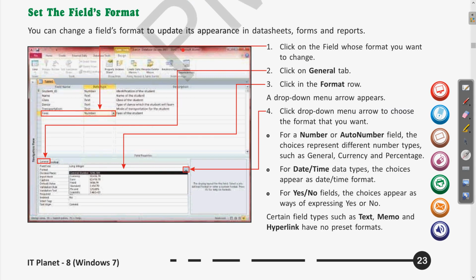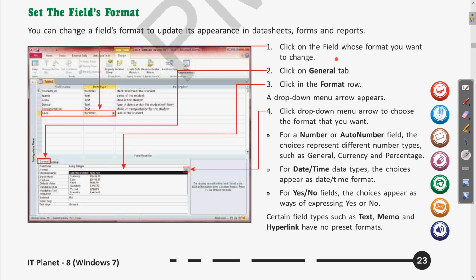You can change a field format to update its appearance in databases, in the datasheet, forms and reports. Whatever field you are entering the value in, the format in which the data is written can be chosen using the field format. Okay, so let us see the different steps also.